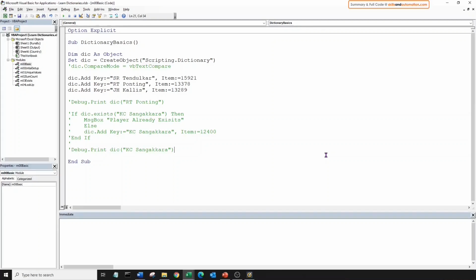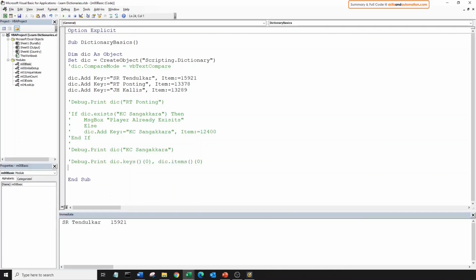For this, we need to understand two things. First, the index of a dictionary starts from 0. That is, if we want to refer to the first key item pair in the dictionary, it will have the position 0. So let's print out the first key item pair. The index number will be 0. And 0 again for the item. Okay, let's print this out. And the first entry in the dictionary is Tendulkar and the runs scored by him.